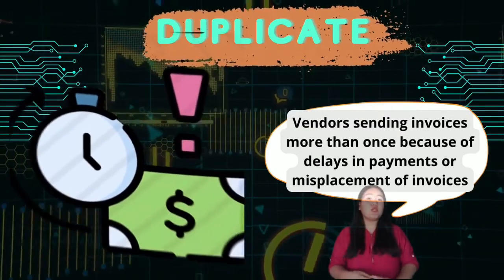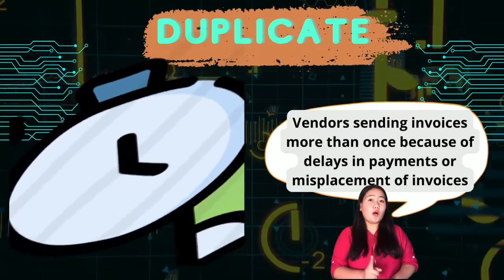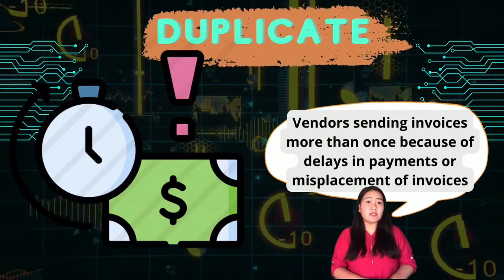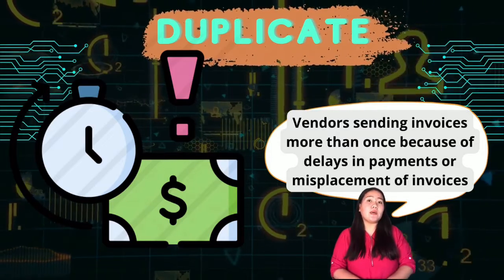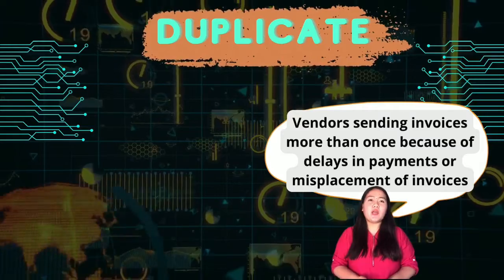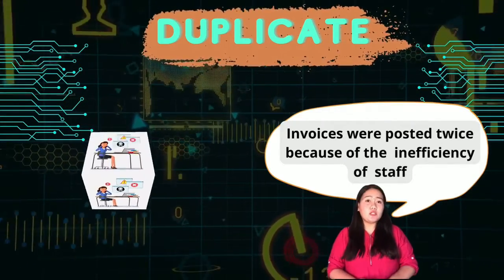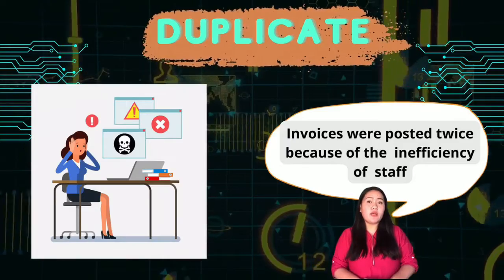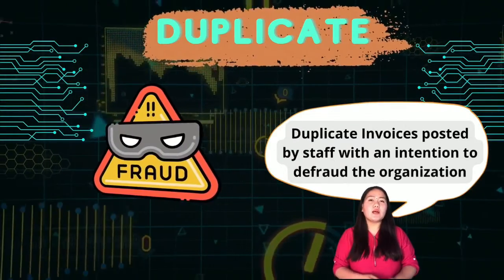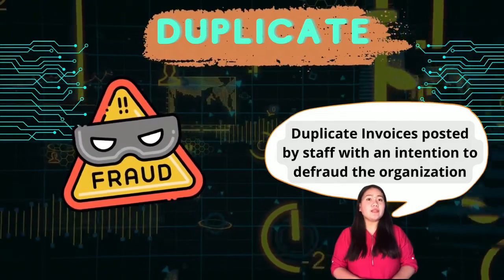Possible reasons for this duplication are, for instance, vendors sending invoices more than once because of the delay in payments or misplacement of invoices, so duplicate invoices might be encoded and consequently paid twice. Or possible human error, wherein invoices are posted twice because of the inefficiency or negligence of staff. And another reason for the possibility of duplicate payment is that duplicate invoices are posted by staff with an intention to